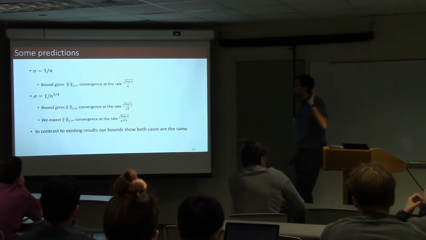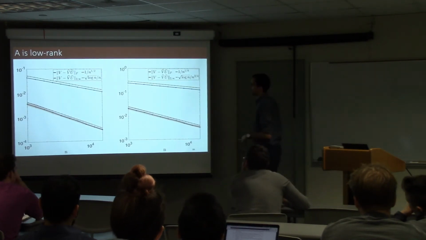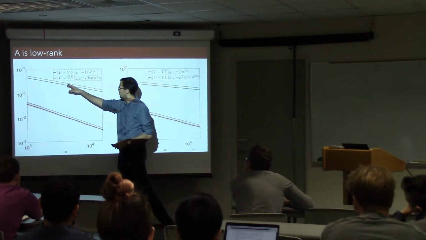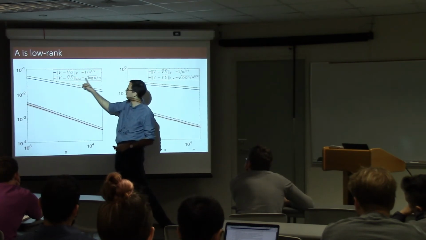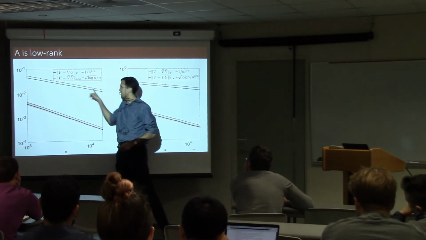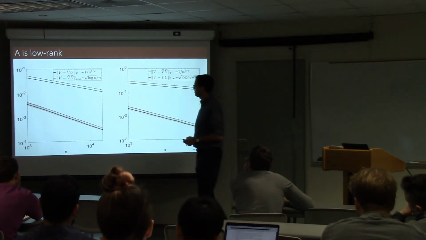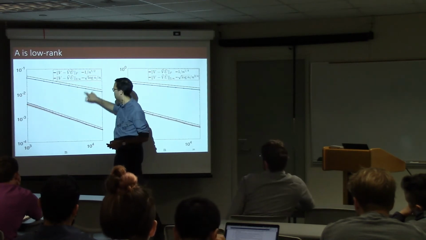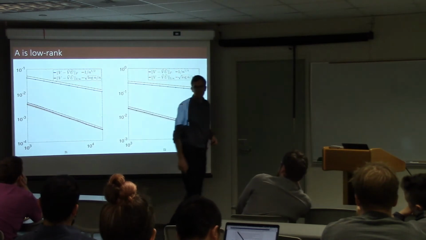It turns out that, for example, if A is low rank, we can run this experiment for different rates at which the norm of E goes to 0. This first thing is what Davis-Kahan should control, and it's well controlled by what we expect. It converges at the right rate as n goes to infinity. Similarly, if we look at the quantity we care about, which is this 2-to-infinity norm, and bound it, this comes from our upper bound, we get control over how it behaves.